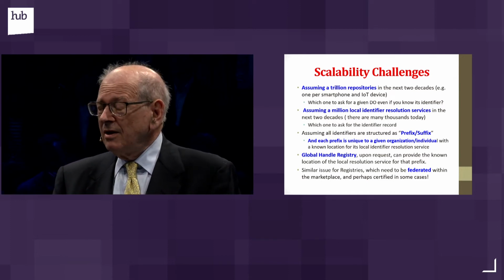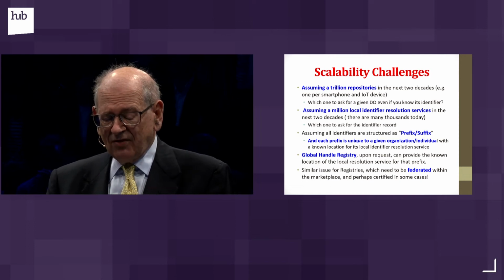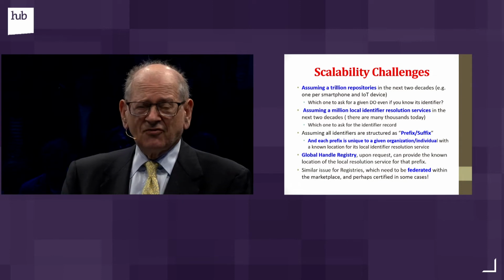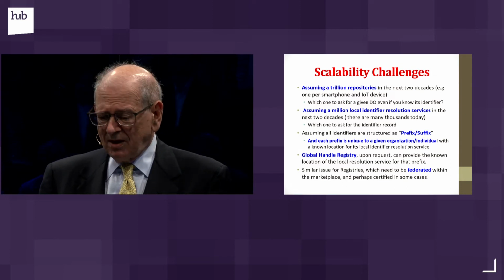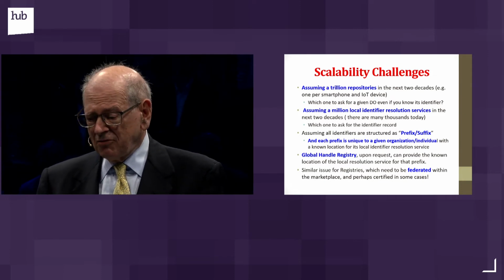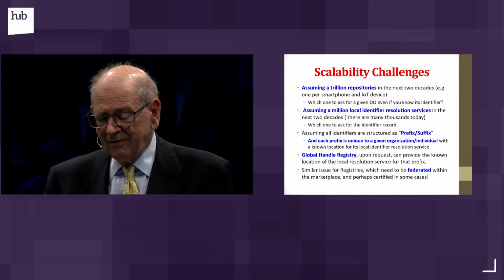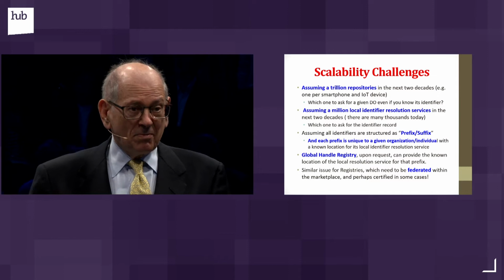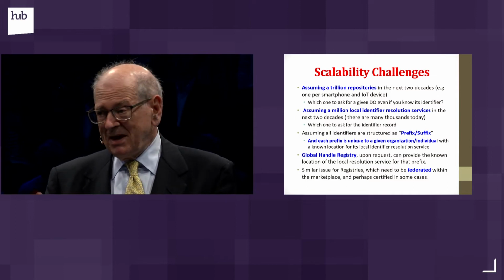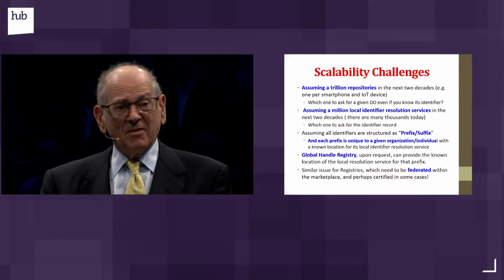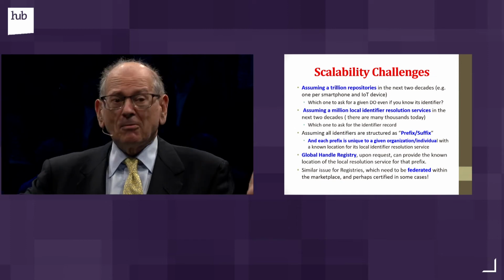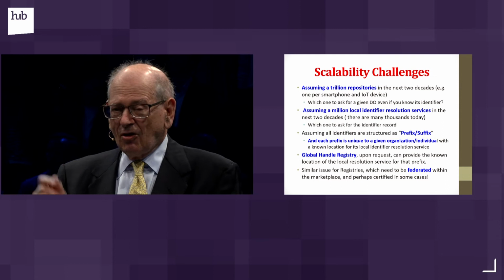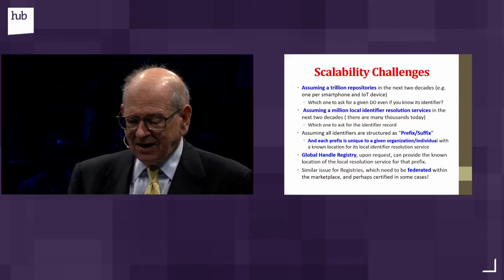Well, if we really do have the kind of numbers of devices that people are now talking about, maybe 100 billion in the coming couple of decades, I'm assuming there might be 1 trillion repositories out there. Some may have only a very small amount of information, some may be big. I mean, the airplane is a big information system. Lots of different things, and they can all be structured as digital objects inside.